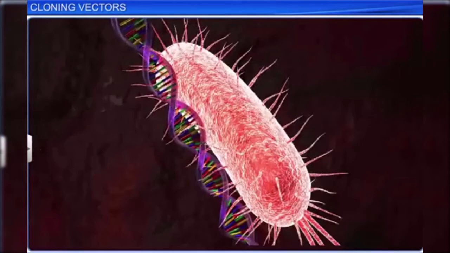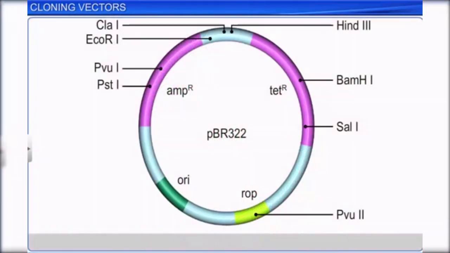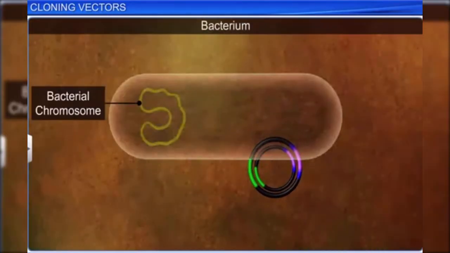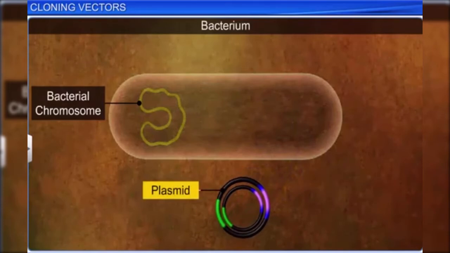It will not, as the bacterium will not recognize the foreign DNA. To get recognized and to multiply, foreign DNA requires some identification sequences or replicon. These identification sequences are provided by a cloning vector. It is a DNA molecule which has an origin of replication and is capable of replicating in a bacterial cell. Most cloning vectors are genetically engineered plasmids or bacteriophages.